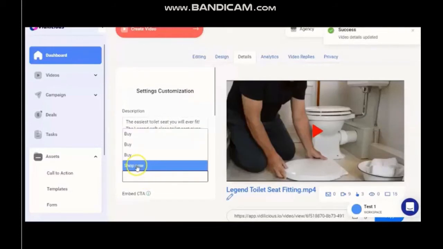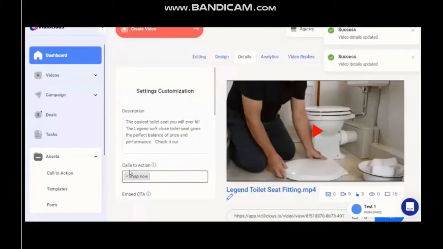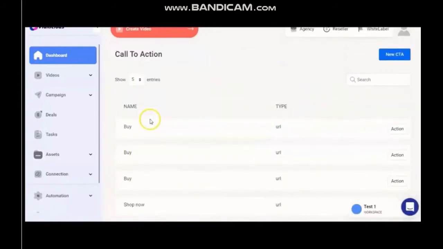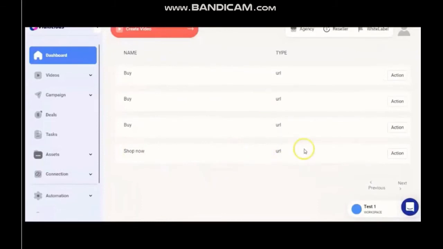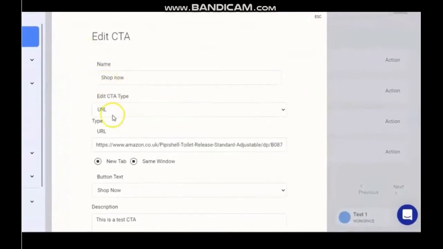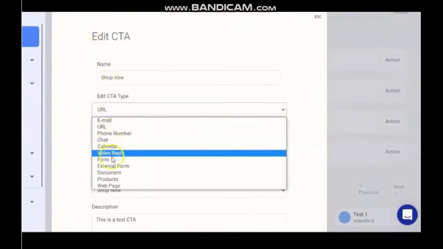What we did is we've added shop now. So the call to action is done through the asset. So you can choose the call to action here or the template. So you can create a new CTA, you can edit existing ones. And each of these is going to have the name, the type, which is a URL, and the action. So if you want to see what that looks like, name, call to action, URL,